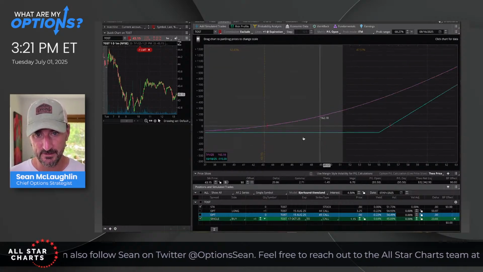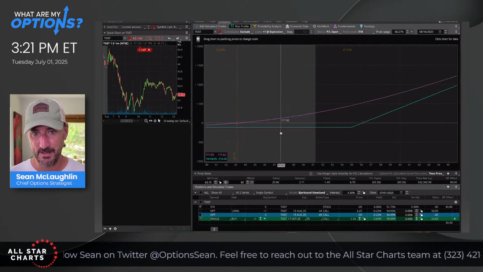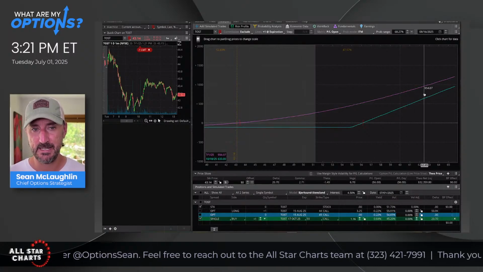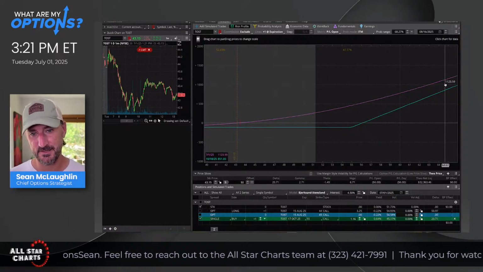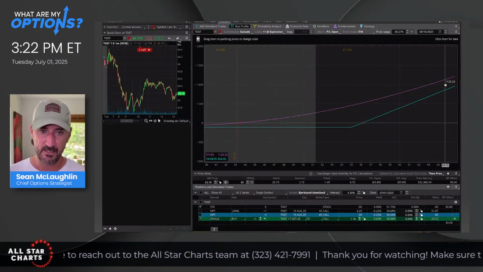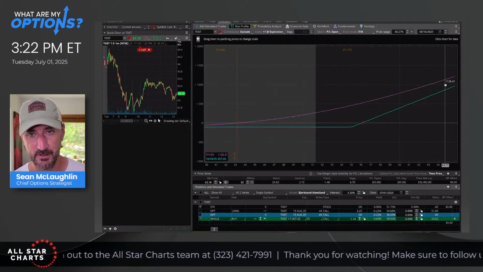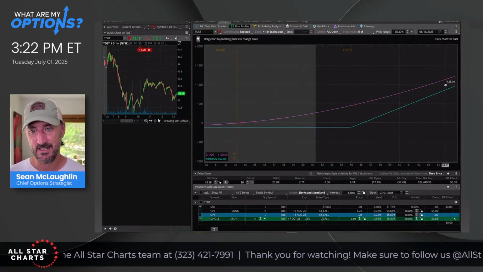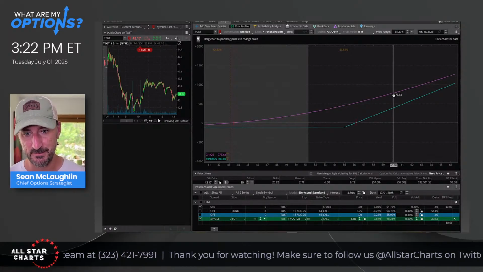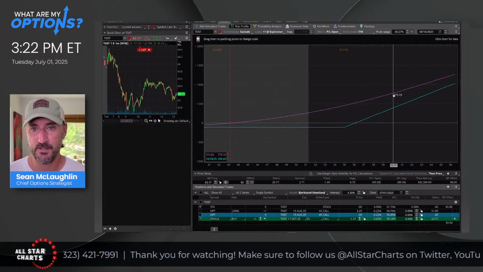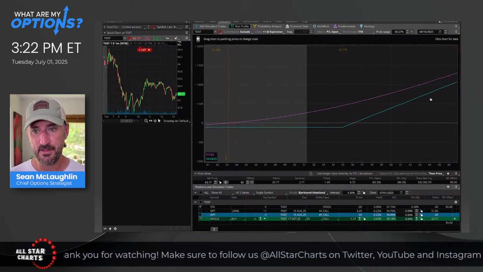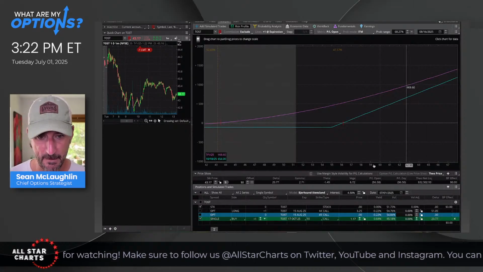But if we go up, move this chart a little bit this way, if we go up, my gains are theoretically unlimited. The option will begin to trade almost 1-to-1 with the price of the stock. It has a 25 delta right now, but as the stock goes higher and the option gets closer to the money, it's going to start gaining deltas. At which point, if the stock trades up to 60 bucks and it's late September, the option is going to basically trade 1-to-1 as if it were 100 shares of stock. And we have theoretically unlimited upside at that point.